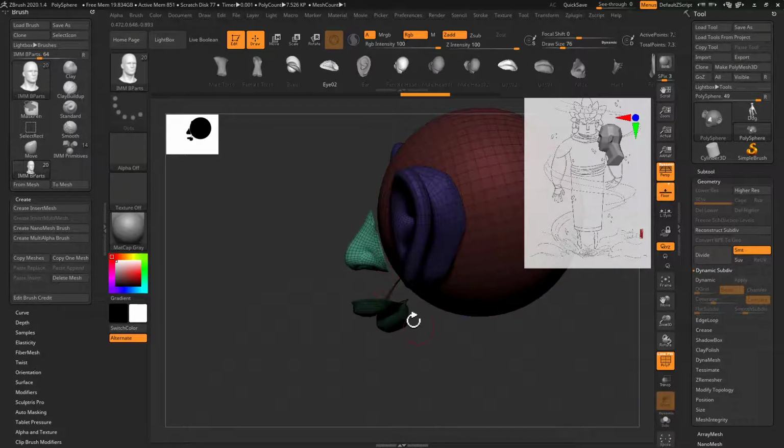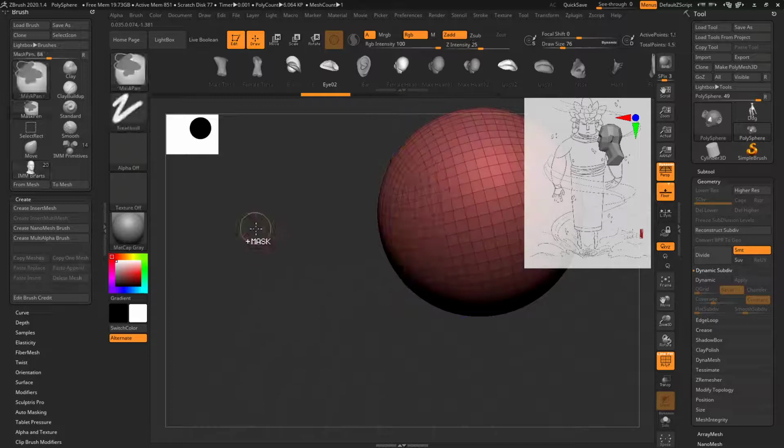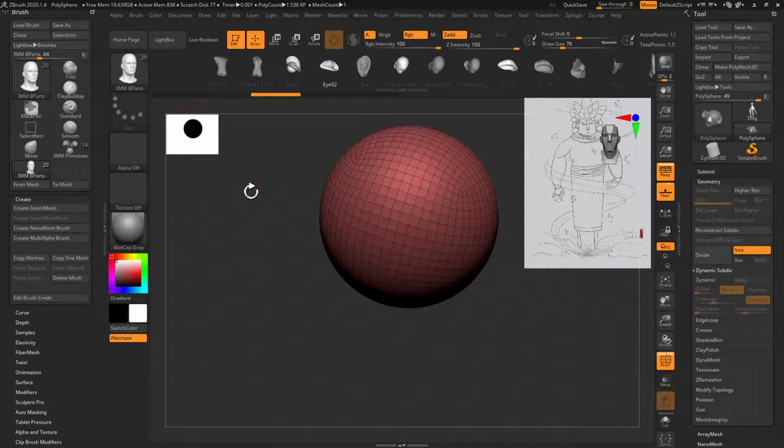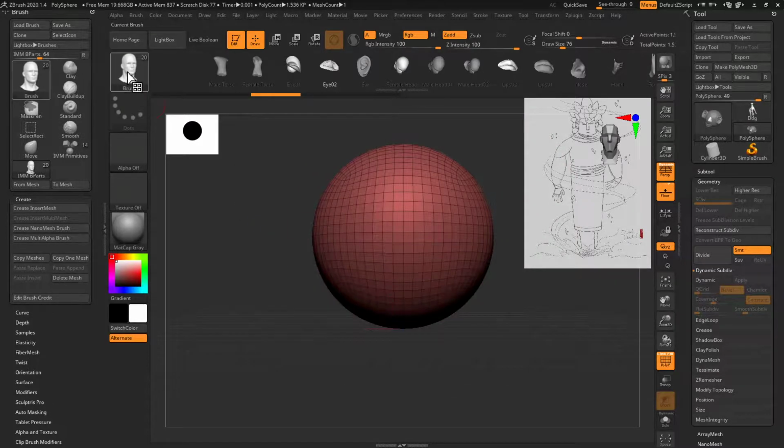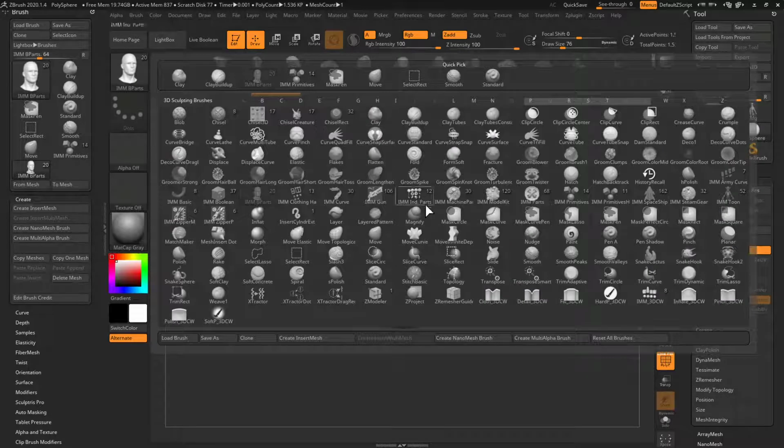And I'm going to show you later on why this happens outside and not inside. I'm going to show you where you can fix that. How can you fix that? So I'm just going to undo this. Okay, and you can see that you have insert brushes already pre-built that come with